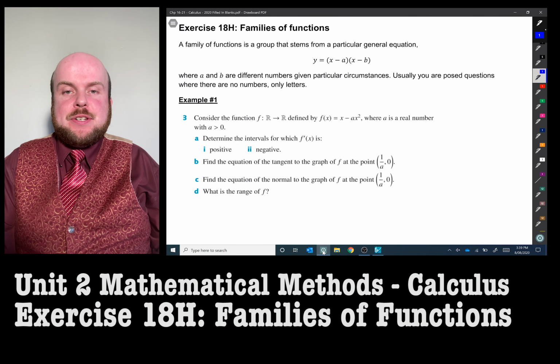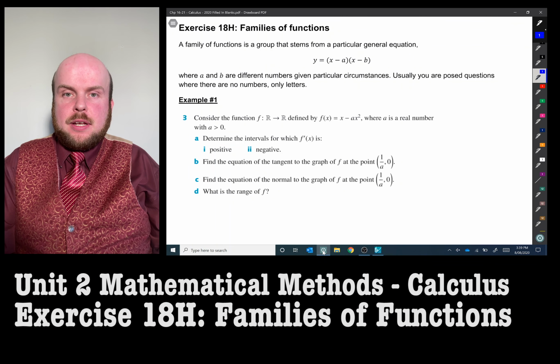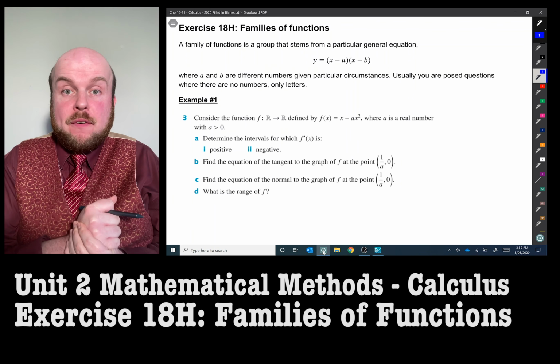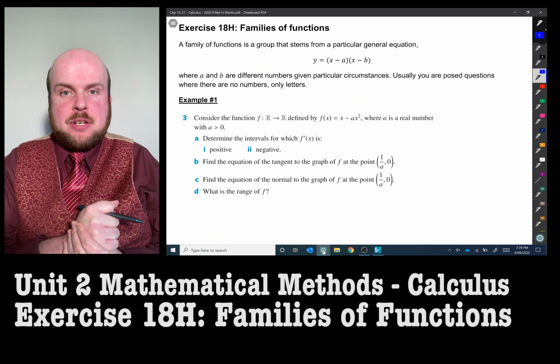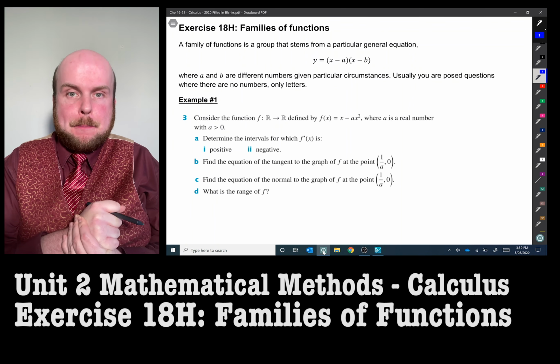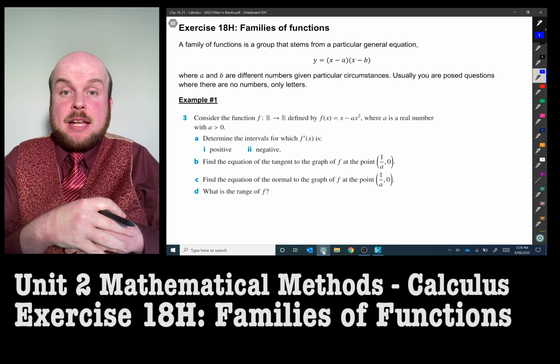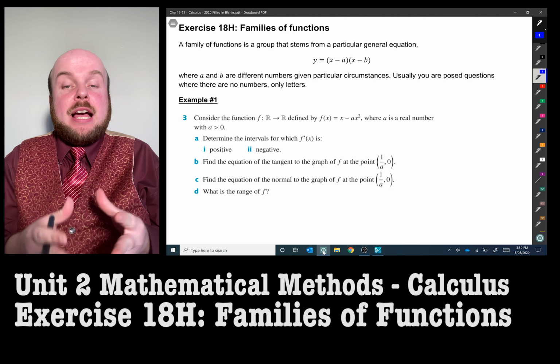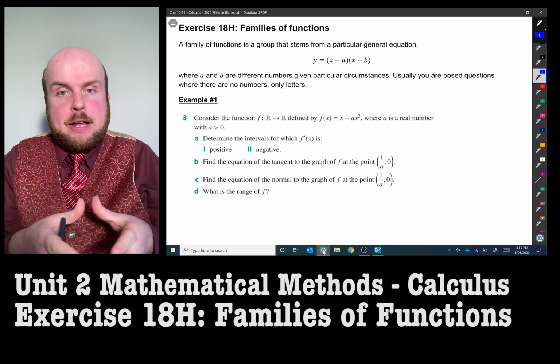Exercise 18H, families of functions. A family of functions is one where one of the coefficients of a particular function is substituted with another pronumeral, usually an A or a B. And we need to just find a general understanding of what is happening to that particular set or family of